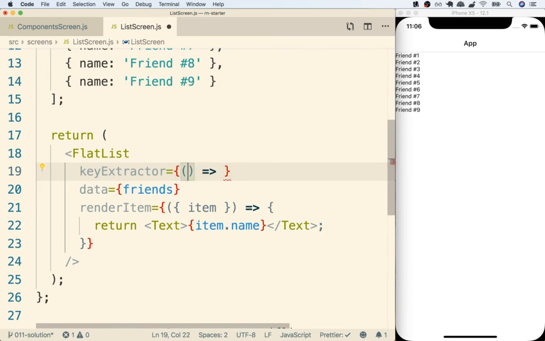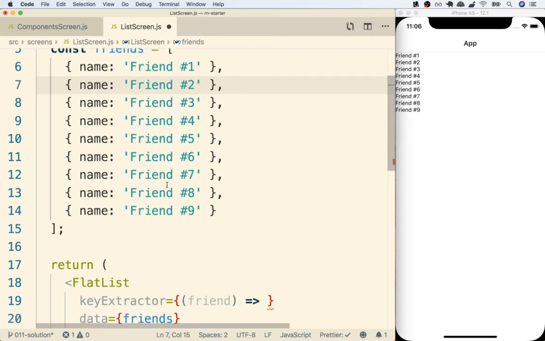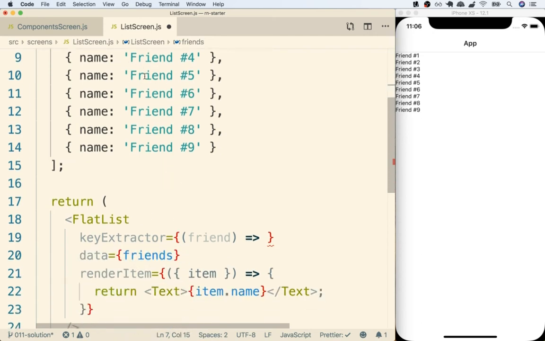This function is going to be called many different times. It's going to be called with a single argument that we're going to call friend. So this friend argument right here is going to be first this object, then this object, then this object, and so on. So our key extractor will be called with every object inside of our array. Inside this function, we have to inspect that object and then return the key property to use for it.